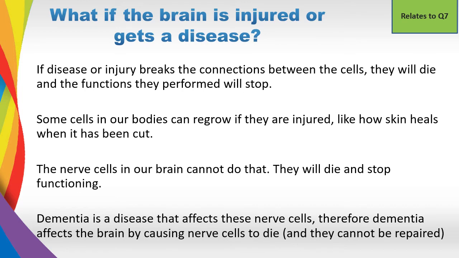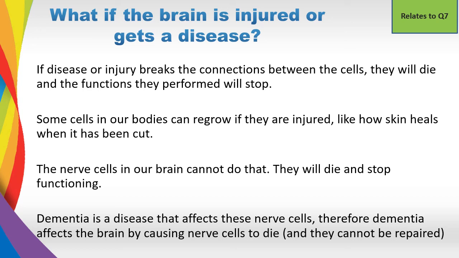So what can happen if the brain gets injured or gets a disease? So if the disease or injury breaks the connection between the cells, they will die and the functions they perform will stop. Some cells in our body can regrow if they're injured, like think about if you cut your hand, the skin will heal. Our brain cannot do that, so the nerve cells in our brain cannot do that. They will just die and they will stop functioning. Dementia is a disease that affects these nerve cells, therefore dementia affects the brain by causing nerve cells to die and they cannot be